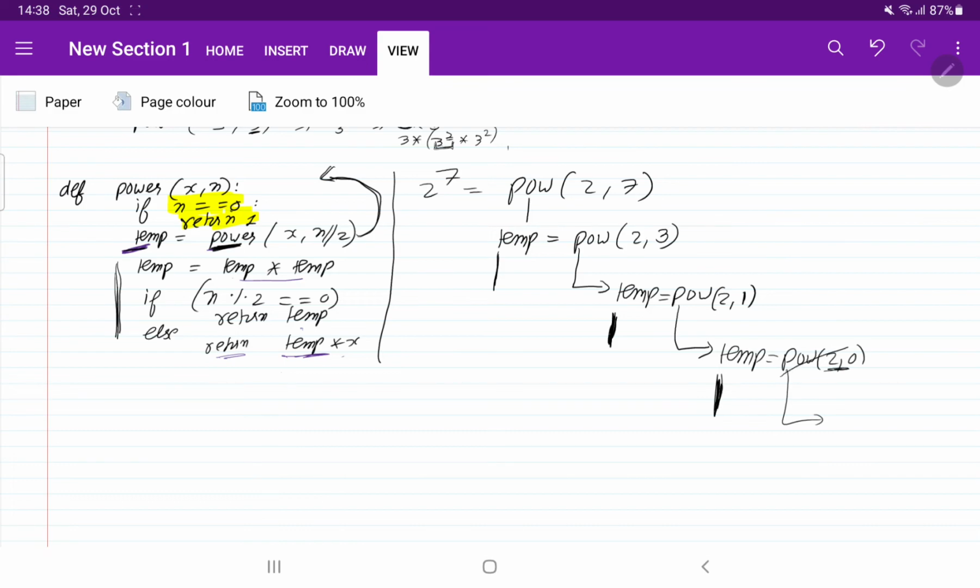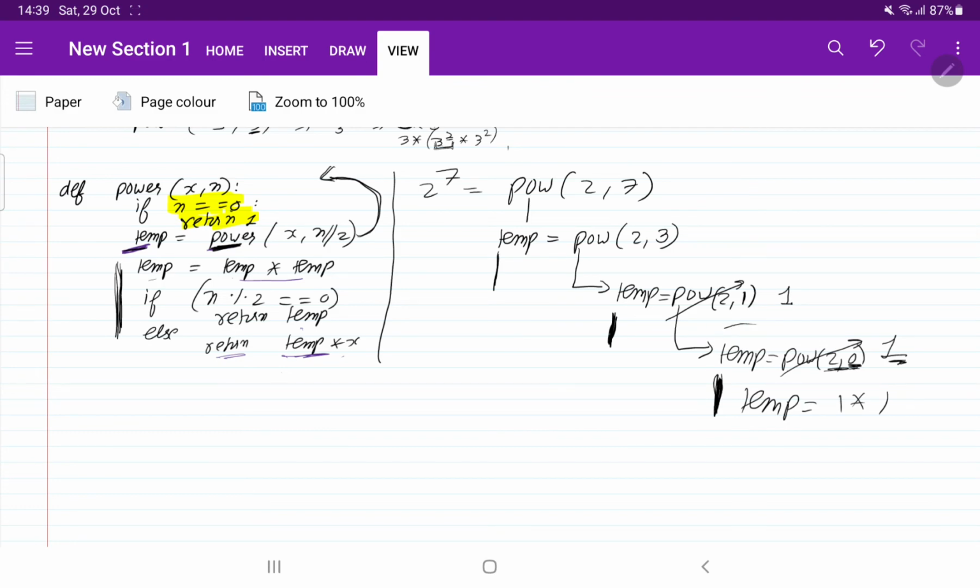Okay. What will this return? It will return 1. So we have not done any other call. So this temp value will become 1 now. Now I told you some pending steps are left. So temp will be temp into temp. So new temp will be 1 into 1. Now the last step is n percentage 2. So what is the value of n? 0. 0 percentage 2 is 0. Correct? So we need to return temp. So here this value is going to be updated by 1.